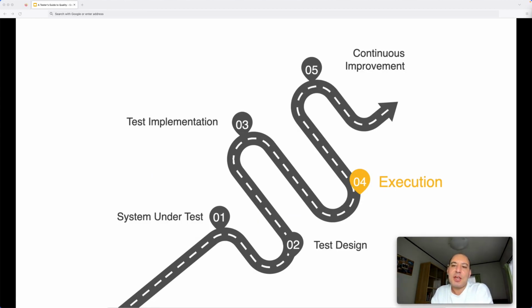And the next stage after the test implementation is the test execution. So after we implement, now we are ready to execute them in automated ways in our pipelines. So before merging the implemented increment into the production, first of all, we can execute our test cases. And then if we find any issues, we can fix. And eventually, if we decide that the candidate is ready to go production, then we can let it go and release to the production environment.